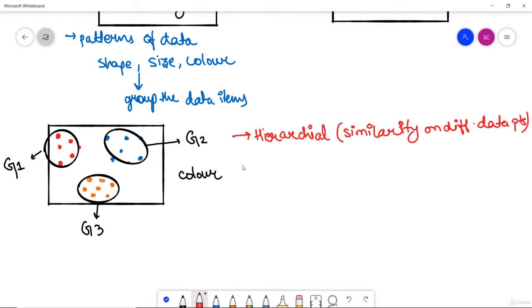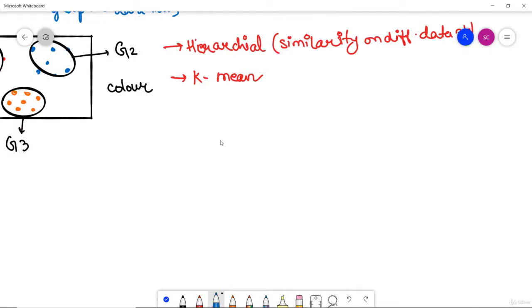The next type which we have is k-means. In k-means clustering, the algorithm works step by step, where the main goal is to achieve clusters which have labels to identify them. That means it has certain labels, and it also calculates the centroid of the cluster and works on the basis of the distance between them. For example,